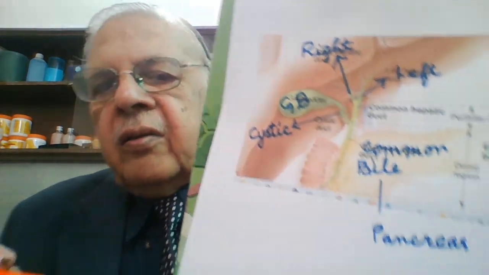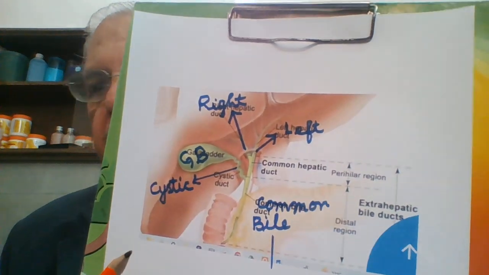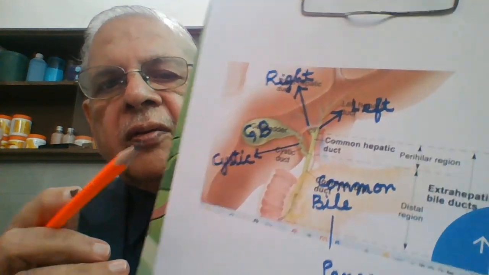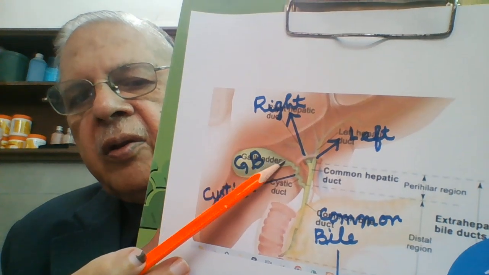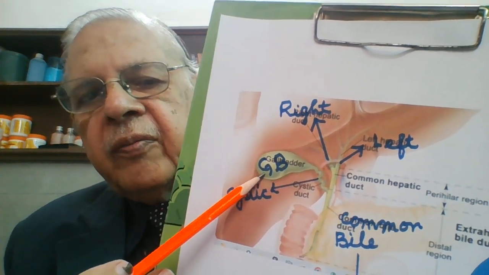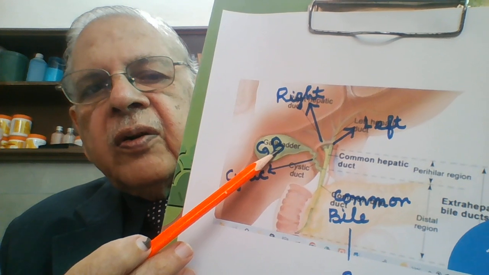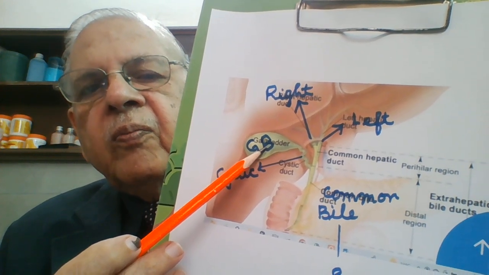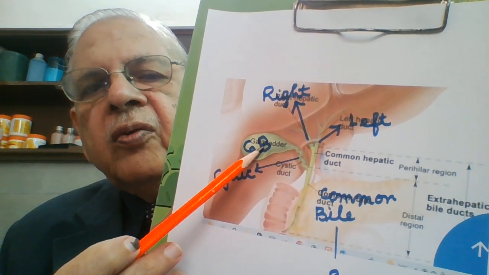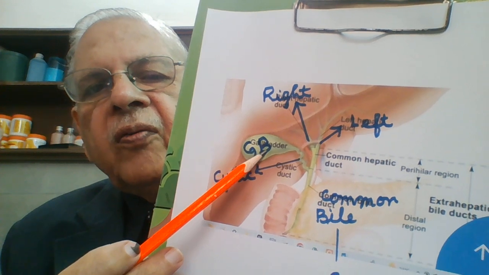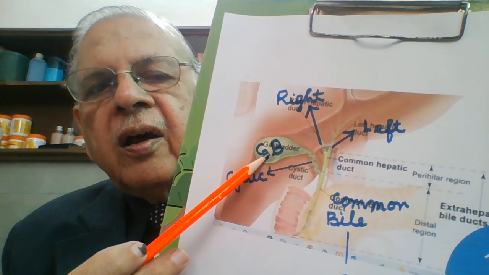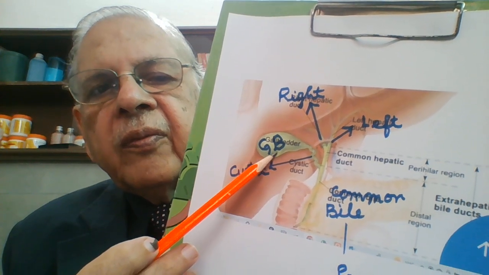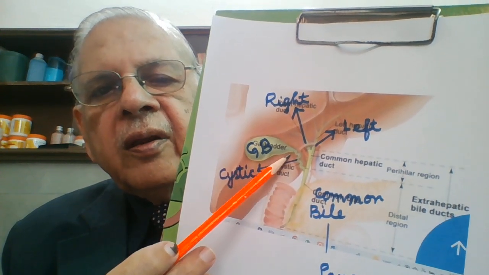Now see this diagram to understand it properly. What is this? This rounded, globular shadow is the gallbladder. What is its function? The liver produces bile, which is used for the digestion of fats. This bile is stored in this organ, the gallbladder. From the gallbladder,